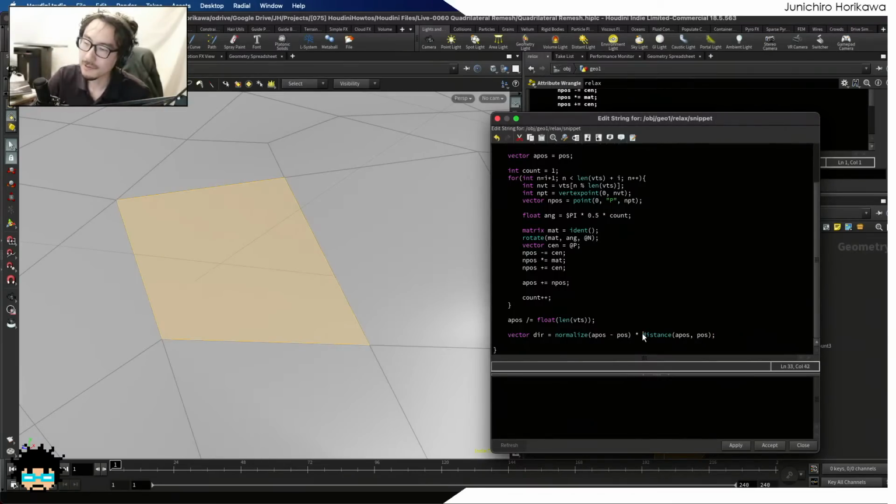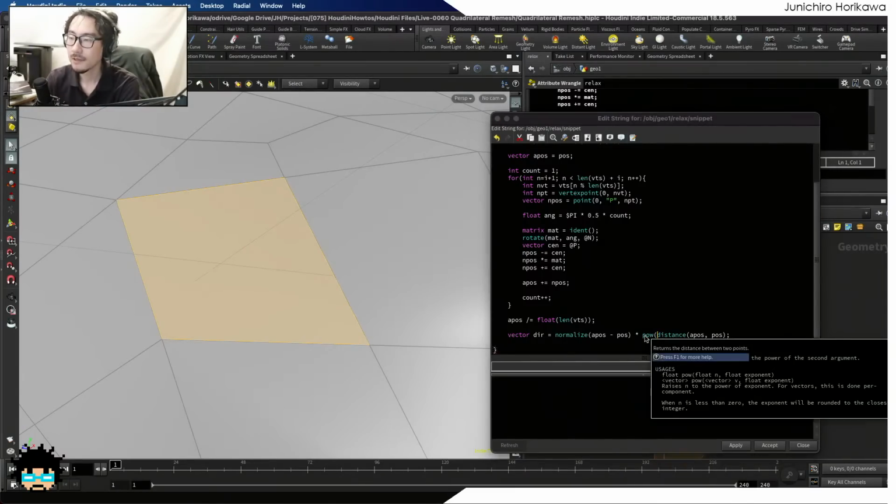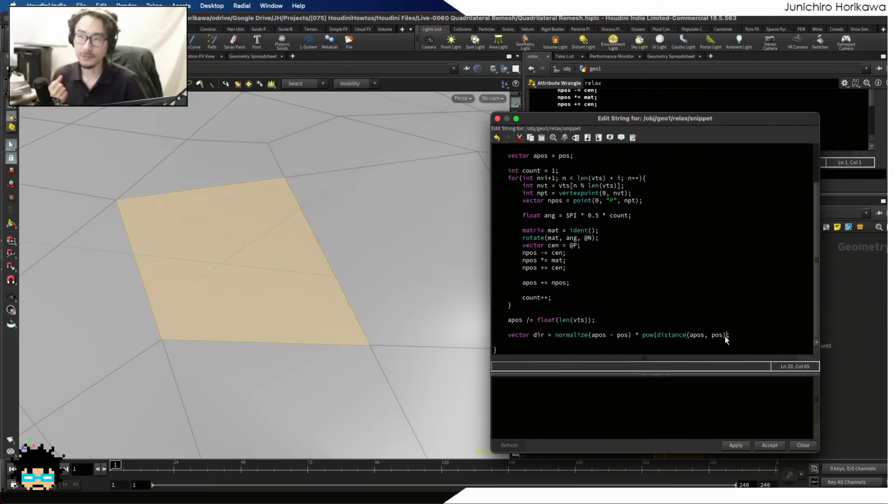But the reason why I'm doing this here is because I wanted to convert this distance as a power of 2 to make it more like a force. So if the distance is really far, then you have more force. If the distance is small, then you have less force. Like a log-like scale,